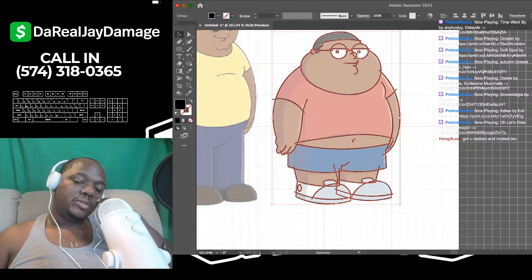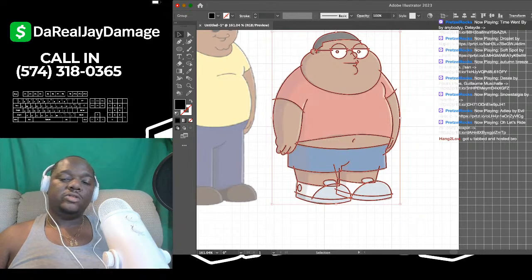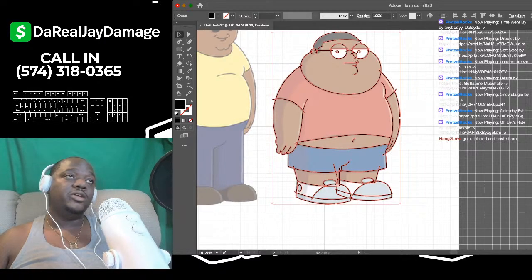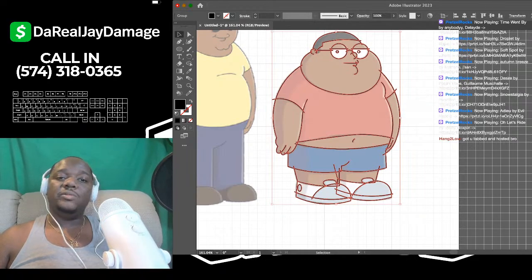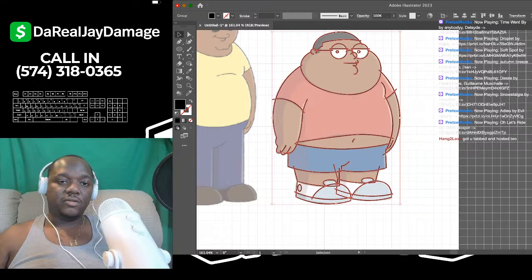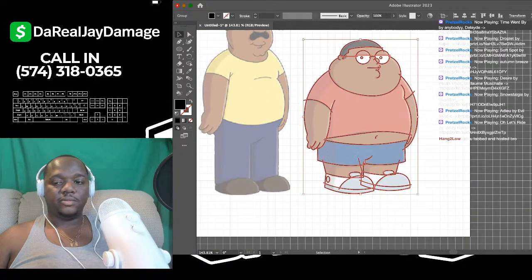Okay, now once it's like that, go to the right side toolbar menu. On the very bottom, there's a tool that says Pathfinder. If you don't see it, it should be somewhere on there. I actually had an issue earlier. A person inboxed me and said they don't see the Pathfinder tool, and I forgot to bring this up. So if you do not see the Pathfinder tool on the right side toolbar, go to the top of the screen and click on Window. Scroll all the way down. It should be in the P's. Click on Pathfinder, and boom, the menu will pop up, just in case it's not on that right side toolbar.